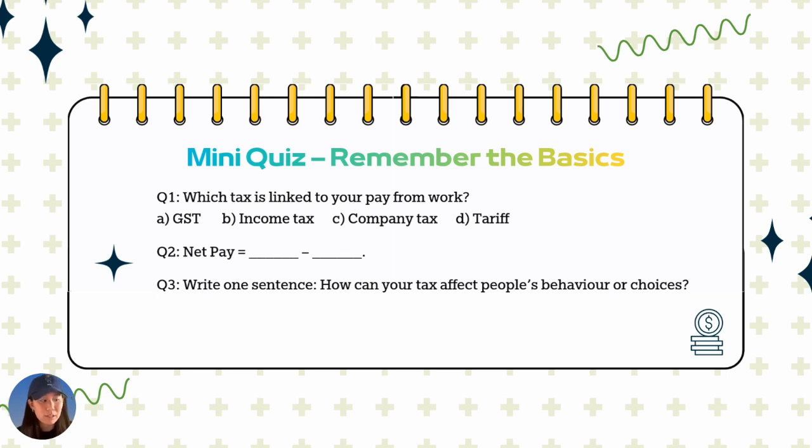Okay, for the last question, your answer will be different depending on your tax. For example, for excise tax on cigarettes, you may write, excise tax can make people buy fewer cigarettes because the price is higher, right? Or for GST, you may say, GST can change what people buy because some goods become more expensive than others. So this quiz is a formative check. It tells me whether you still remember the basic ideas and it helps you warm up your thinking for the justification writing in the later lesson. All right, so now